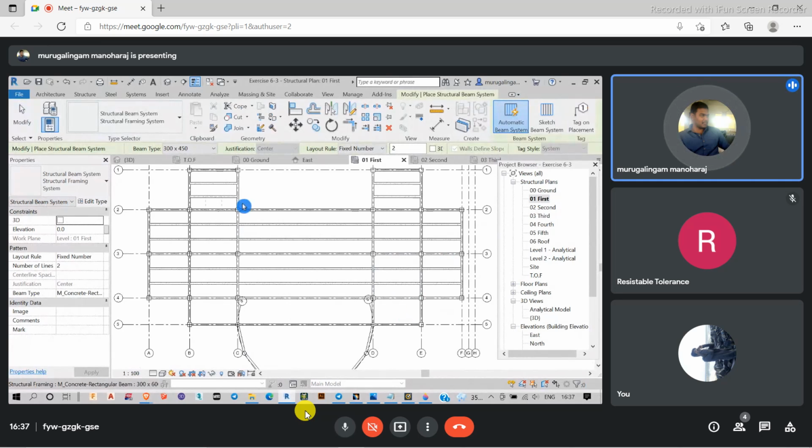The main reason why I plotted in this direction is that this is going to be a longer span, so I considered that and plotted like this. I don't want two beams here because the span is short, so I'm just going to change the number to 1.